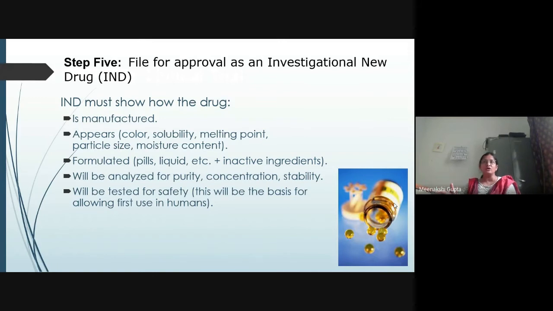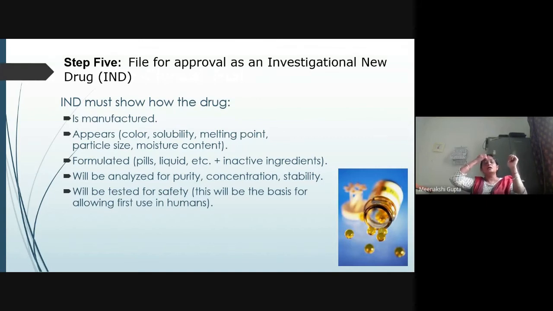We want to know which particular route and which particular dosage form will be the most effective for that new drug. For this, we need to do some homework, or we can say we need to know the basic properties of the drug: solubility, partition coefficient, and pKa of the drug. All these basic properties are needed before designing any dosage form.